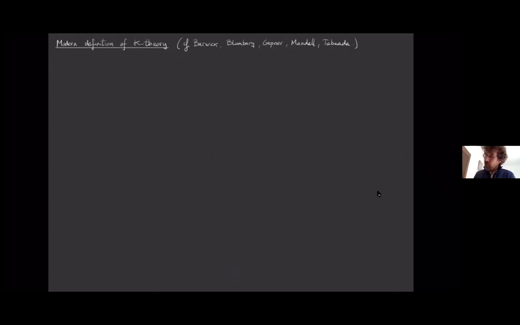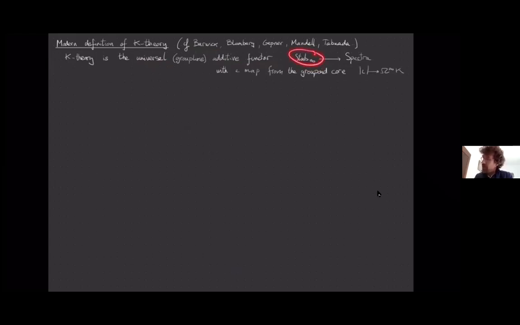Okay, so several authors have proposed a more modern definition of K-theory. I do not claim to have a complete list because I'm not completely sure, but certainly there's some work of Barwick, of Blumberg, Gepner, Tabuada, and of Gepner-Groth-Nikolaus on the subject. For example, the paper of Barwick is extremely clear. And it uses the language of infinity categories. And somehow the definition of K-theory becomes that it's the universal additive functor from some stable infinity categories,